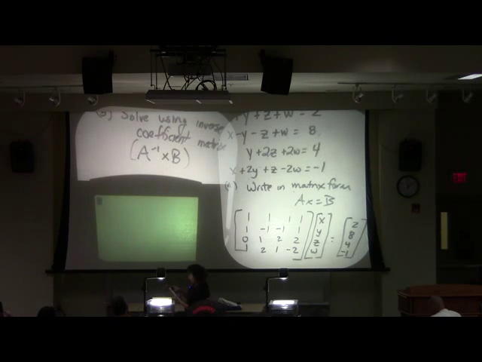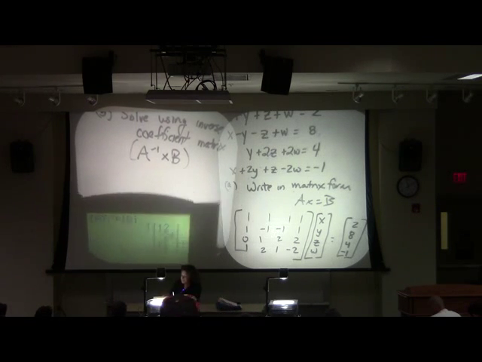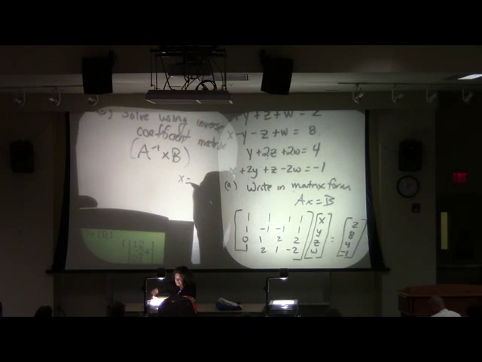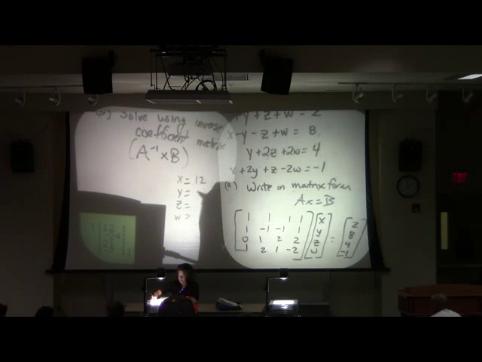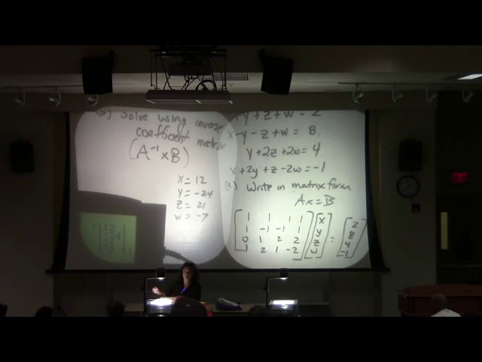All right. So now I'm going to do my computation. I hit second matrix. I want A. So I hit A. What do I hit now? That inverse button, yes? Times matrix, go down to B. And there we go. How would you write that? That's a great question. So what I would have is x equals, y equals, z equals, w equals. So you would say 12, negative 24, 21, and 27.